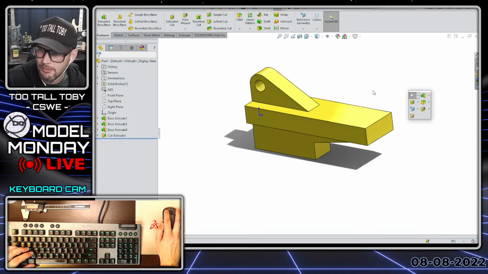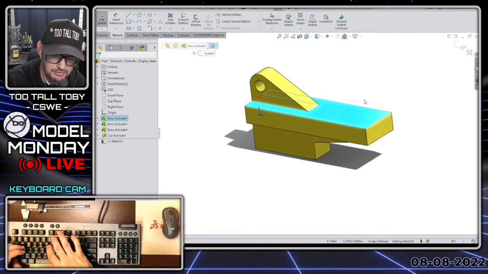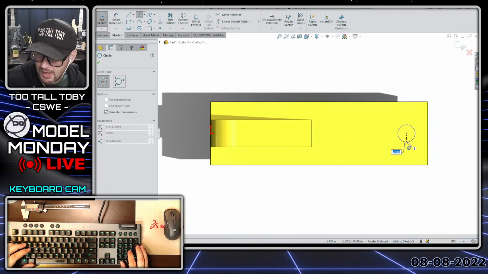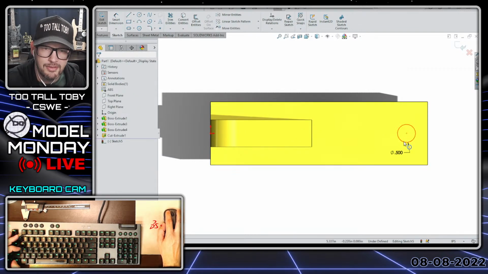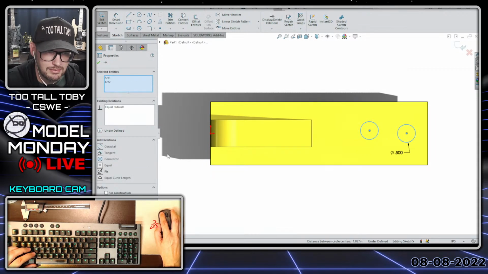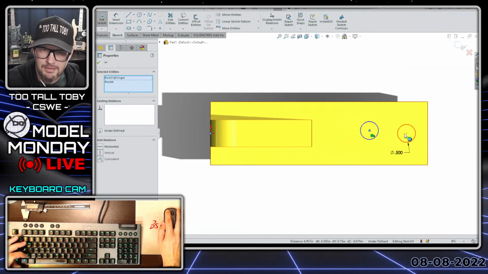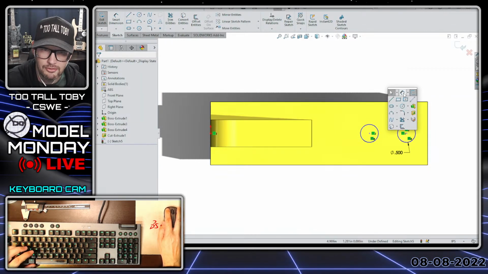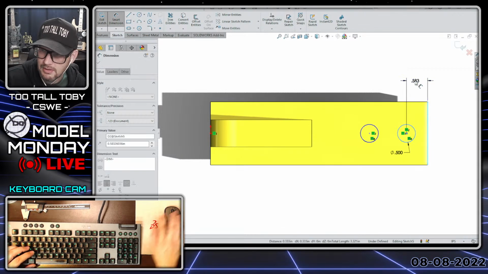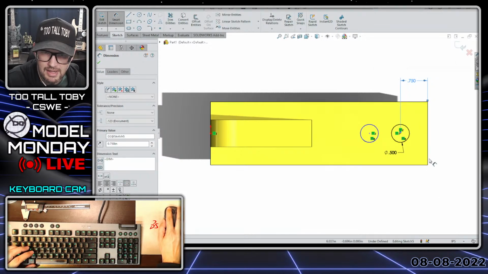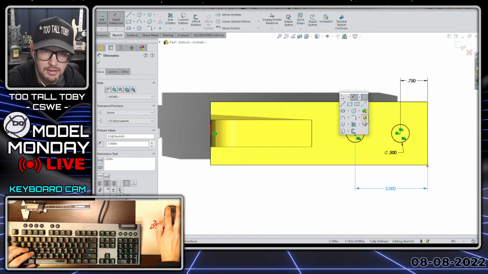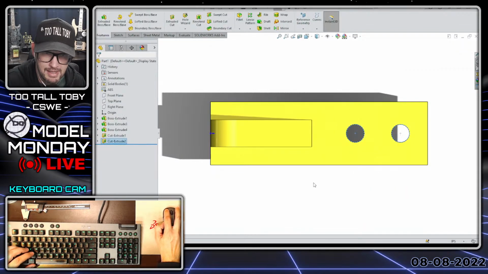And so now the final couple of features are just these holes that are up top. So S key, begin to sketch, S key, circle, and we're going to make this here at a diameter of 0.5. And then for the second one, we could copy it. We could make these two equal. There's lots of different ways that we could get these guys to do what we want them to do. Here, I'm going to pick the origin, hold control, pick these 2 points and make that horizontal. And now the only thing left to do is add the dimensions. So this guy has a dimension from the end here of 0.75, and this guy has a dimension from the end of 2. S key, extrude cut, right mouse button, through all, right mouse button again to finish that,